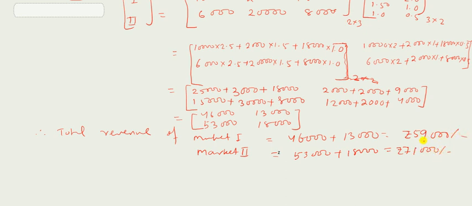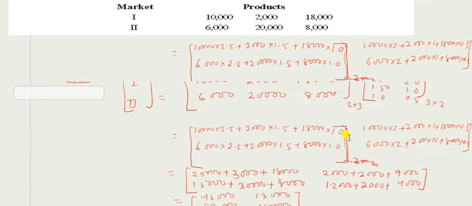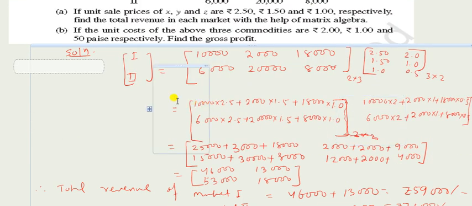So this is how we solve the word problems related to matrices. Just remember one thing: first you make the algebraic form. If you are not able to understand, then first you make the algebraic form and then arrange it properly, then definitely it will get solved in the matrix form.